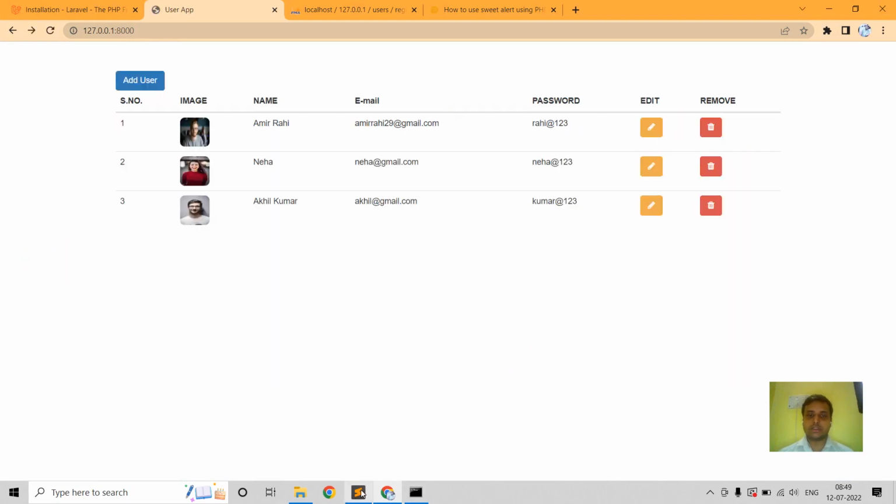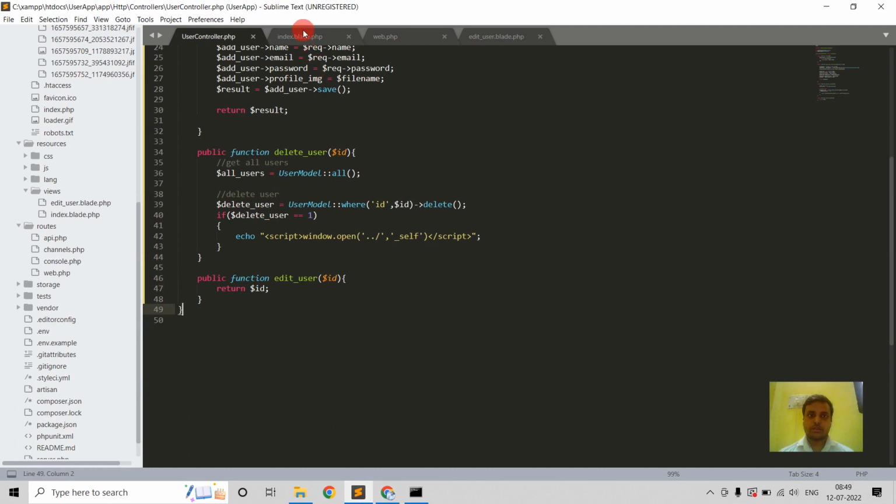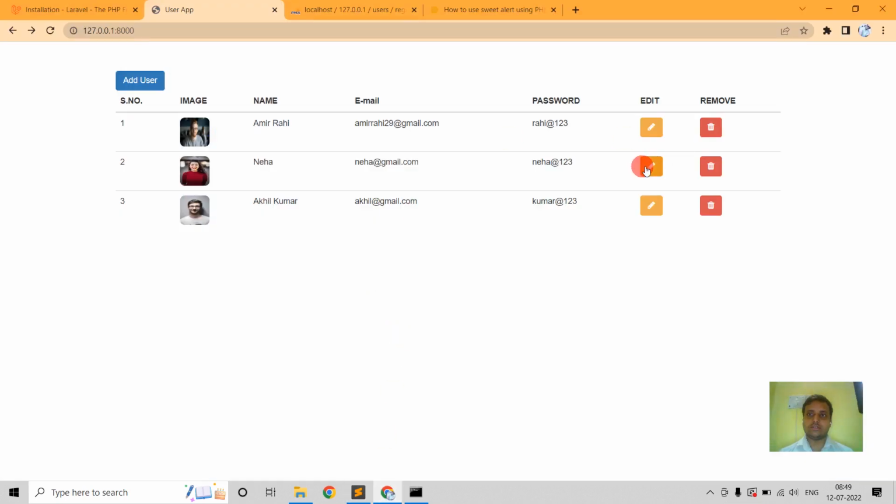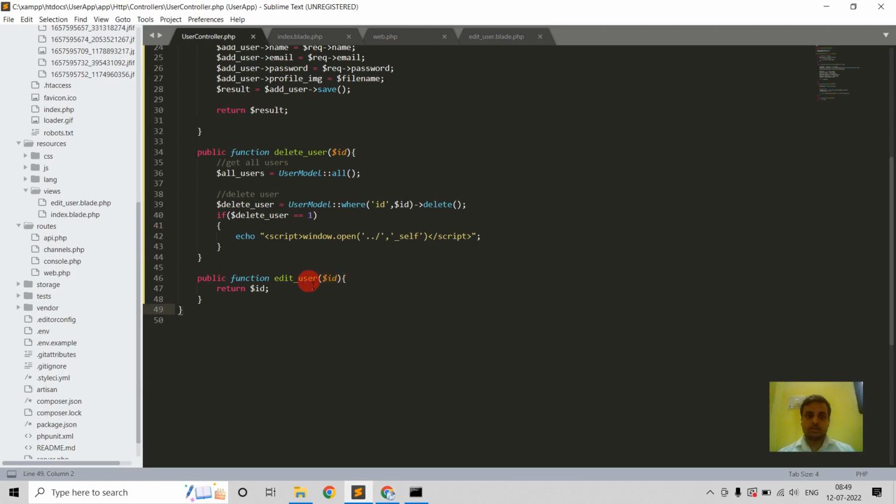Okay, it's working fine. Now just pass all the data into the form of edit user. So here first load edit user page,